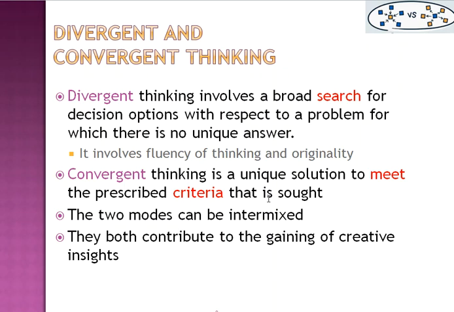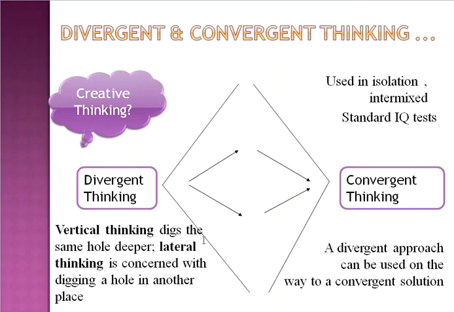We may use both of them. We start with this one, and then when we find a solution, we try to verify and elaborate by using the convergent one. They both contribute to the gaining of creative insight, as we see here. More details about divergent and convergent here. As you see, this is a divergent one. It's called as well vertical thinking. It digs the same